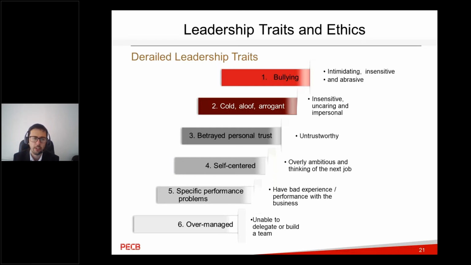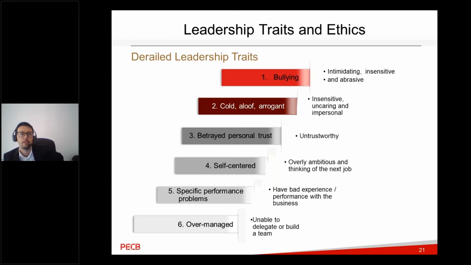Another negative trait that a leader might possess or develop over time is the self-centered leadership trait. Self-centered people are usually very ambitious and always think of the next job. So they tend to look at the big picture and not at the entire process of how to deliver the current job. This type of person usually tends to lead to dissatisfied people, but also to the following derailed trait,